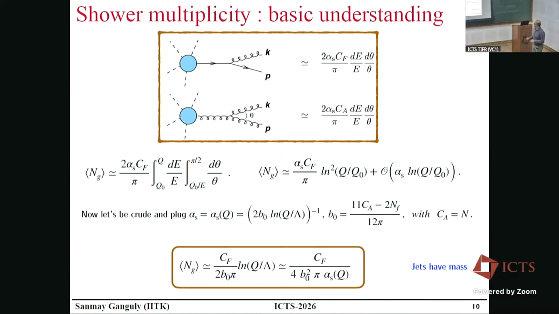From that formula for the number of gluons, how are you saying that jets have a mass? Let's say one parton fragments. Now you want to estimate the average multiplicity. The thing I was trying to tell you: you plug in numbers and take a rough value of alpha s, which is 0.1, a good crude approximation over a wide range of scales. Now, you know the value of CF, B0, pi, etc. You plug in, and you will see this number is roughly 2.